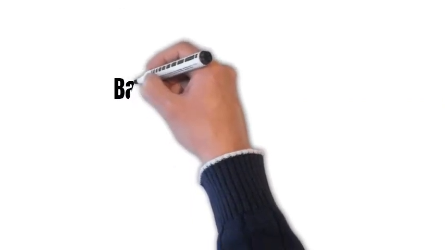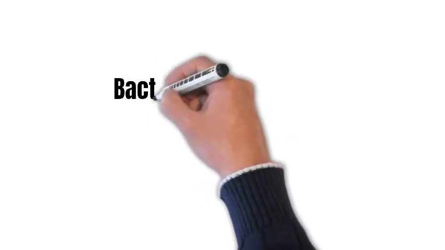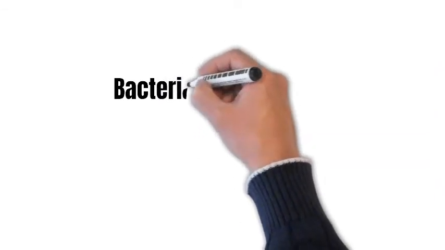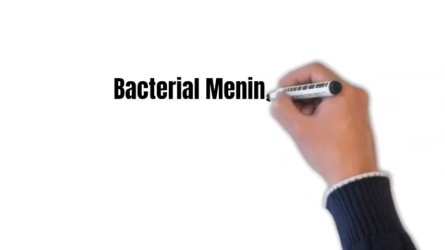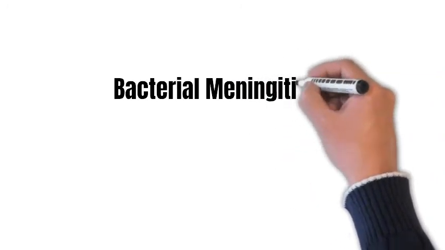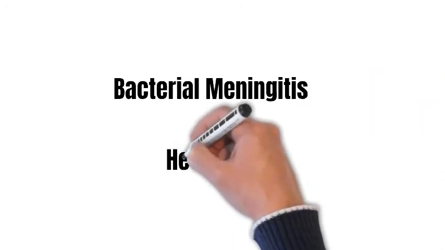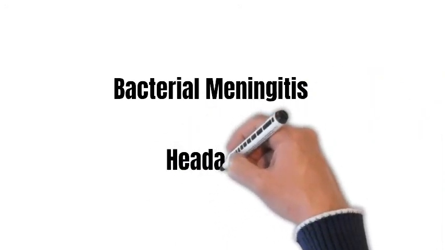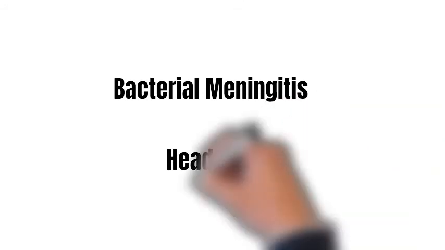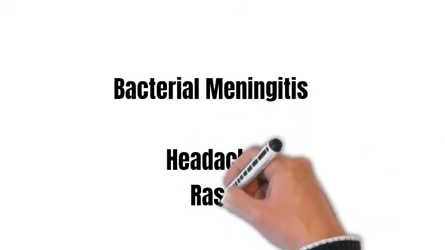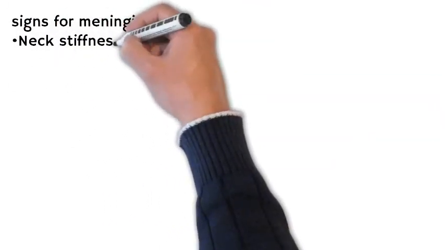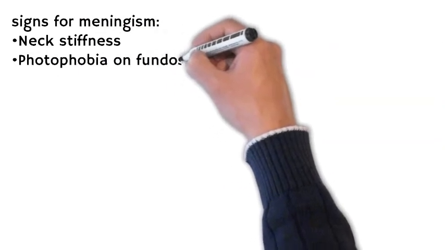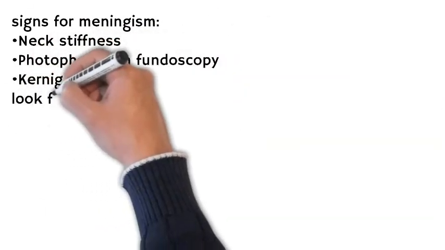At this point, we have ruled out possible differentials and made our approach aligned towards a possible diagnosis of bacterial meningitis, due to neck stiffness, headache and photophobia, nausea and vomiting, focal neurological deficit, constitutional symptoms of infection, rash. To support it, we can perform a quick physical examination and lab investigations. As in this case, we can check signs for meningism, neck stiffness, photophobia on fundoscopy, Kernig's sign, fever, look for